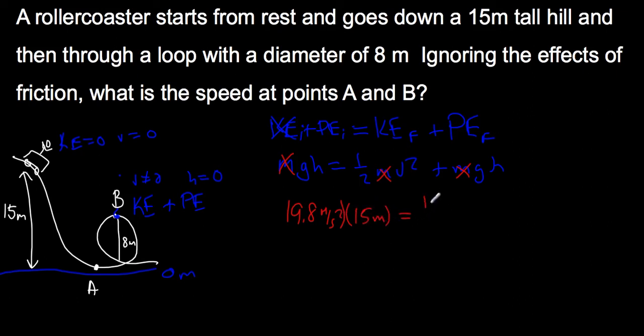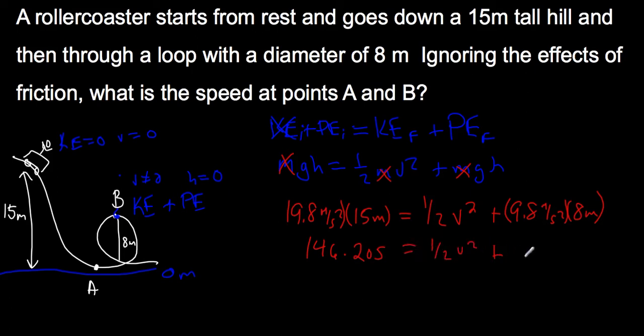is equal to 1/2 times my velocity, looking for that, don't know what it is, plus gh. In this case, that is 9.8 meters per second squared times 8 meters high. That's how high we are above the ground. So again, start plugging in our stuff. We end up with 146.205, just to put all the numbers on there, is equal to 1/2 v squared plus 78.4